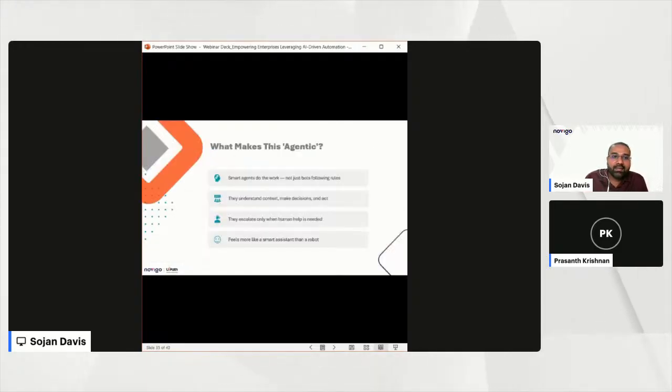So why make this agentic, right? Smart agents do work, not just bots following rules. Over here we have UiPath Studio and generative AI. Then we have Agent Builder, with what Prashant was mentioning about agents. We have context and prompting, making it adaptable to cope with real-world operations like the finance area. So let's see why it makes sense to go agentic.